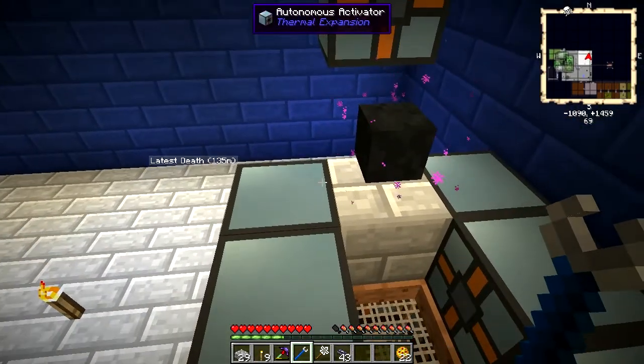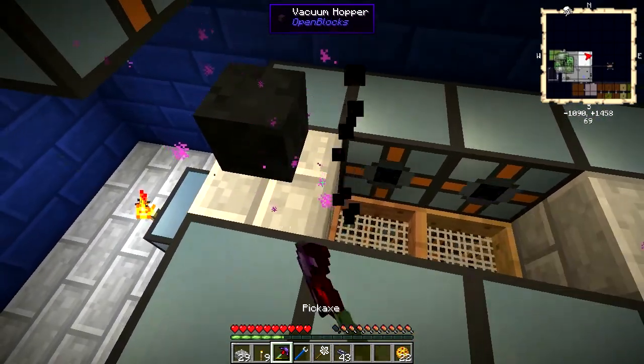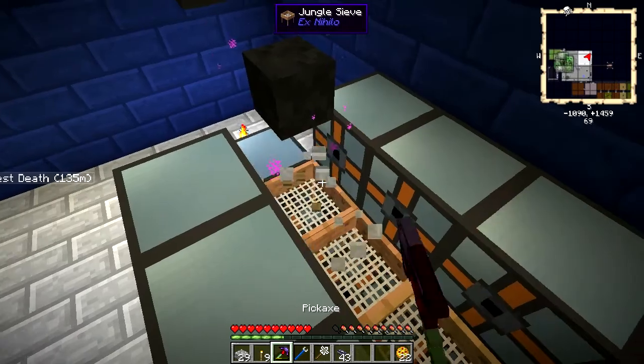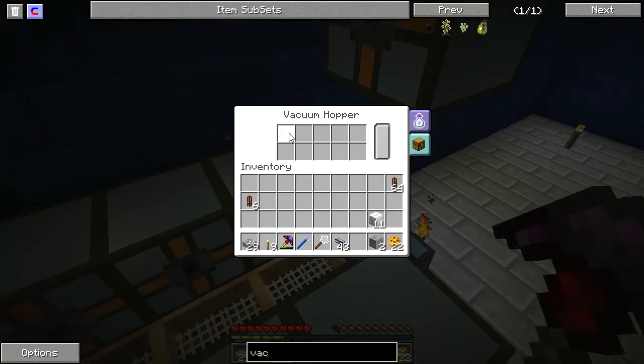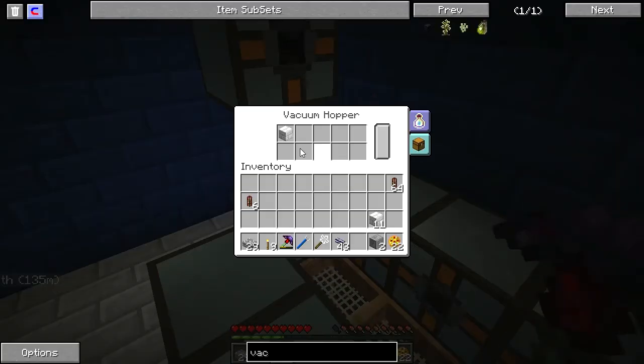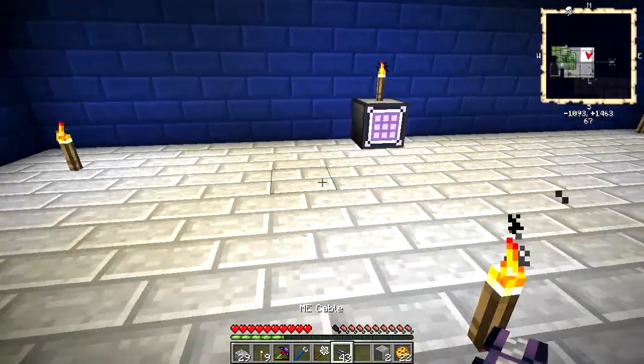The advantage of this setup is that it puts all of the items being sifted as close as even remotely possible to the vacuum hoppers, which are intended to suck them up. So, now, let's get started on...